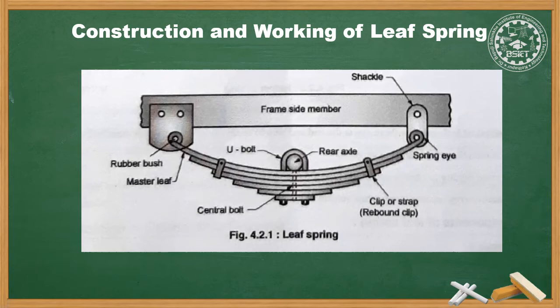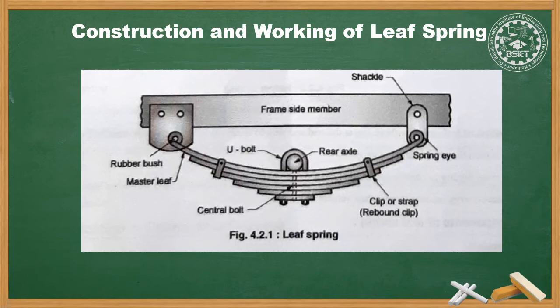The master leaf has to withstand vertical bending load, side thrust load, and twisting moment due to the stresses caused by these loads. So it is usually provided with two full length leaves, or two full length master leaves, and the rest are all graduated leaves. Rebound clips or straps are located at intermediate positions in the length of the spring so that graduated leaves also share the stress induced in full length leaves when the spring rebounds. That is, the clip is to hold all the leaves, master leaf and graduated leaves, together.